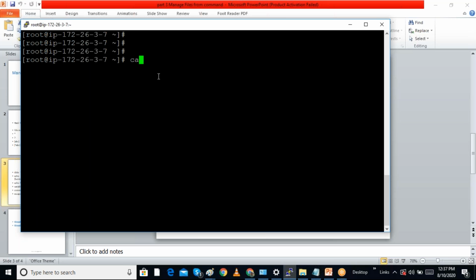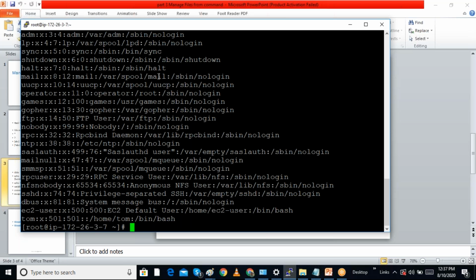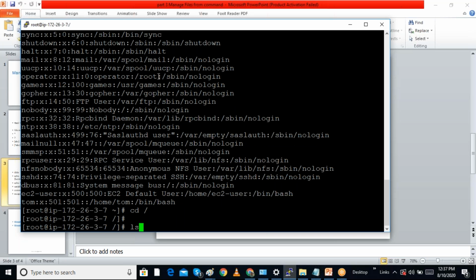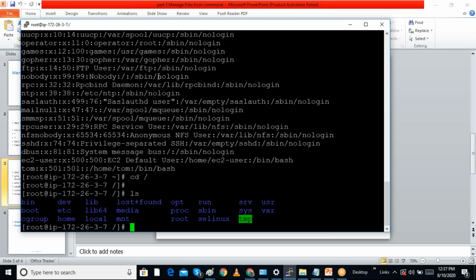So I am opening a standard file, cat /etc/passwd. I am going to create a link to this file. We have to know the soft link is like a shortcut. On the desktop, we create a shortcut. So it is similar to that.